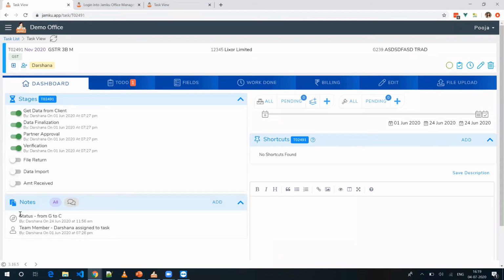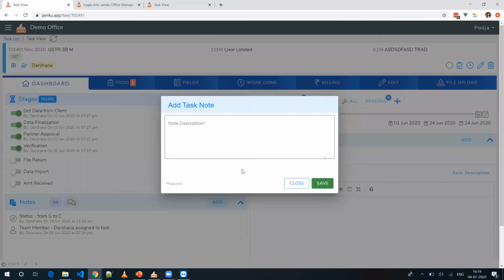Next thing you can see, the status of this task was changed from ongoing to completed by this member on this day. So whatever changes you do on any of the tasks, everything will be recorded over here in the notes section automatically. If you wish to put any custom notes, this add button is there through which you can add your custom notes.